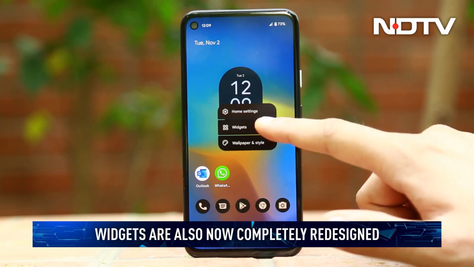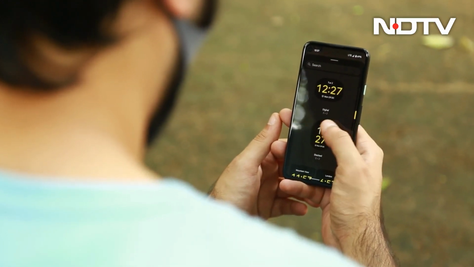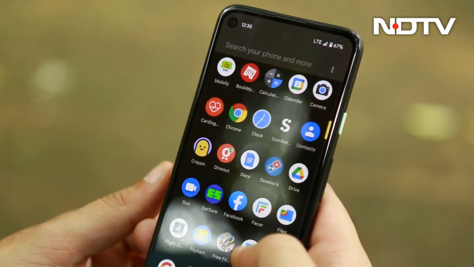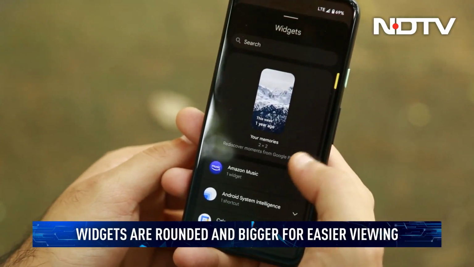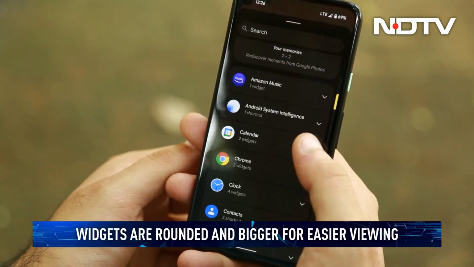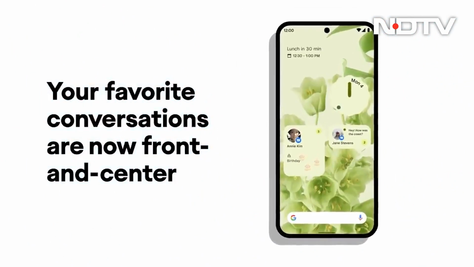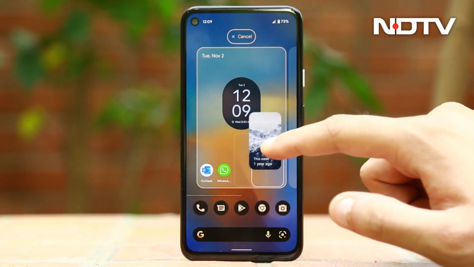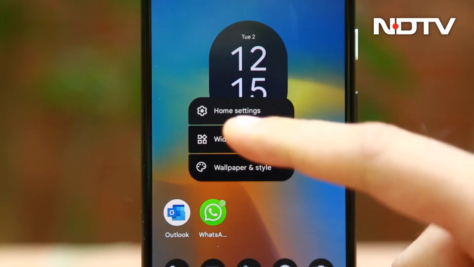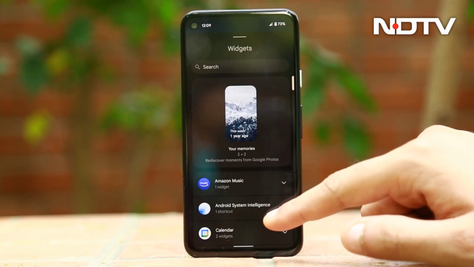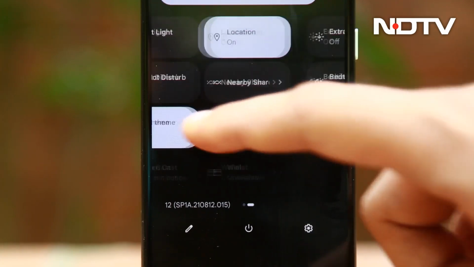Android 12 puts a much larger emphasis on widgets than many previous versions of Android. Widgets have been completely redesigned to offer a more adjustable window and one that's designed to fit in with the rest of the rounded, friendly interface for easier scrolling and viewing. The Conversation widget shows recent conversations, and Photos has a Memories widget that can surface memories from Google Photos right on your home screen. This is the biggest emphasis Google has put on widgets since resizable widgets became a thing in Android Honeycomb.